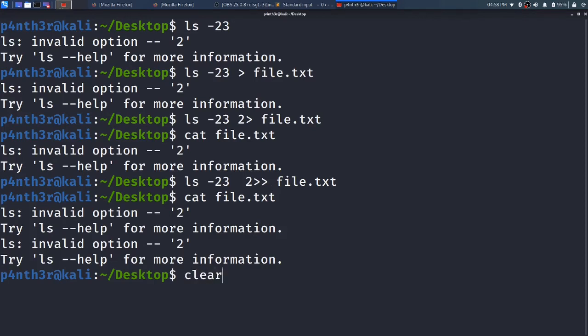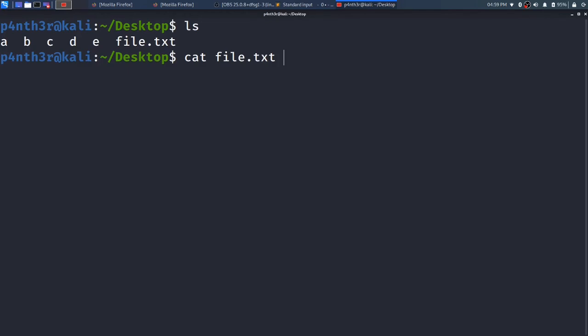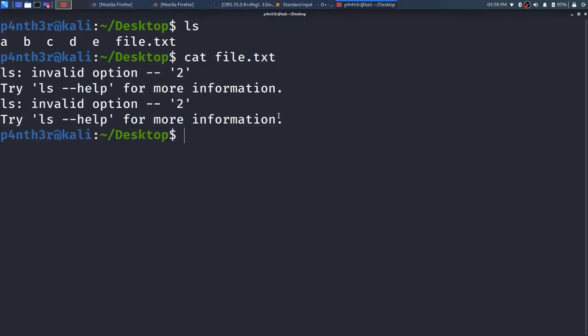In the cat video, when I was teaching you the cat command, I had not shown you how to copy one file into another file with the help of the cat command. So let me type ls. There is one file here, file.txt. When I type cat file.txt, it has some data.